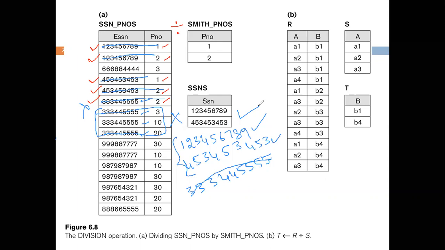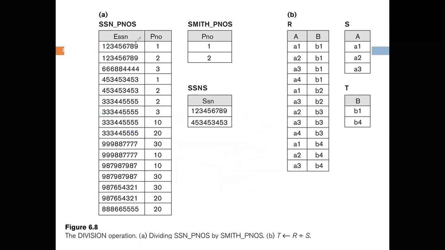It is quite a bit complex to understand. So as a whole, if I explain this division operation, when we have two relations, one on the left side and another on the right side, for the left side relation, it will check the values of the right relation, and only rows that are matched with these values will be kept in the result, which means the rows which are not matching with the values on the right side will be eliminated.